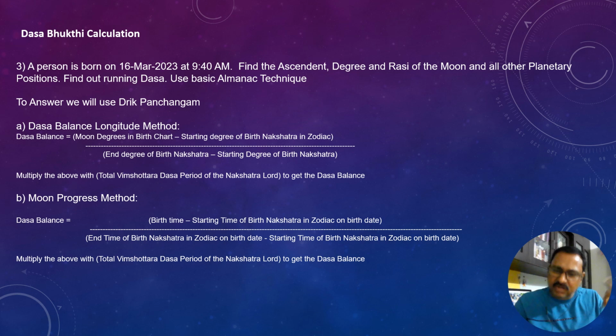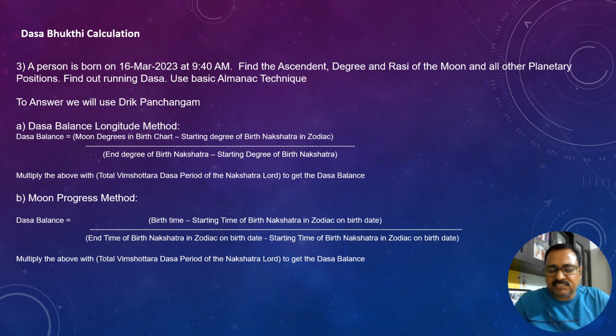So you got 1 hour at the top, in the numerator, and in the denominator you got 22 hours. So 1 divided by 22 hours is what you got, right? That is going to be the bhukti. That's called a bhukti calculation, right? 1 divided by 22 into